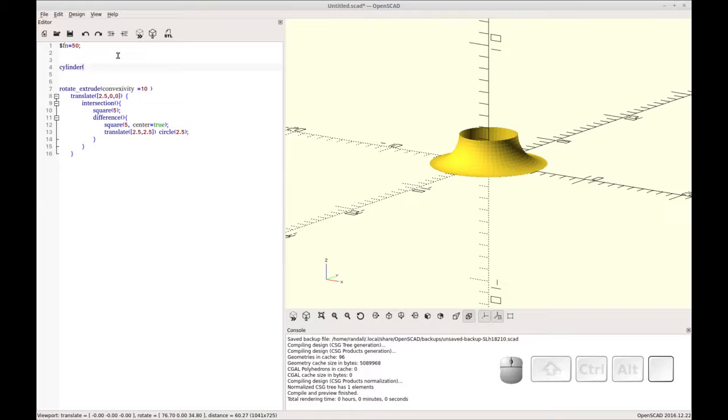and its radius is going to be 2.5. So we're going to define radius with R, and we're going to make it a height of 10. That's something that'll change later on when we're actually putting it into the case, but it's good for now. And then the second cylinder, let's copy that, is going to be